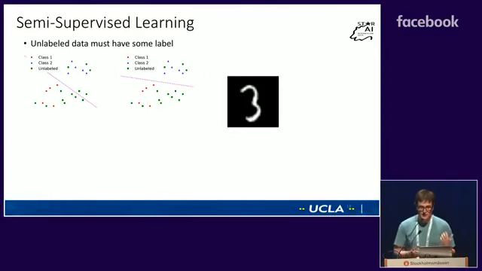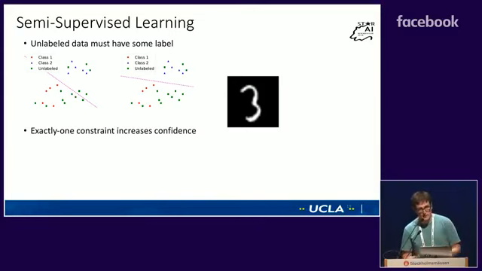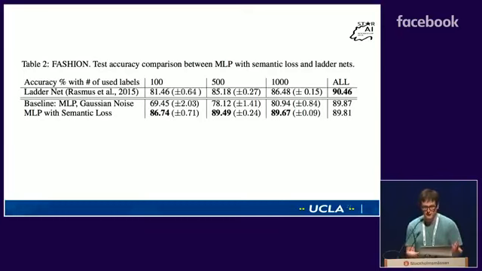And the next area where we tried to use this was maybe a more familiar problem that was discussed earlier, which is semi-supervised learning. And the intuition here is that unlabeled data has to have some label from your data set. So we want to make our classifier try to actually predict something. So on unlabeled data, we provide it with exactly the one constraint that I talked about earlier, to try to force it to make a prediction. And there are more comparisons in the paper. This is in particular just Fashion. We found that we were doing pretty well, even in comparison to highly tuned methods specific to semi-supervised learning, despite the fact that we're basically just adding a special case of one loss term.